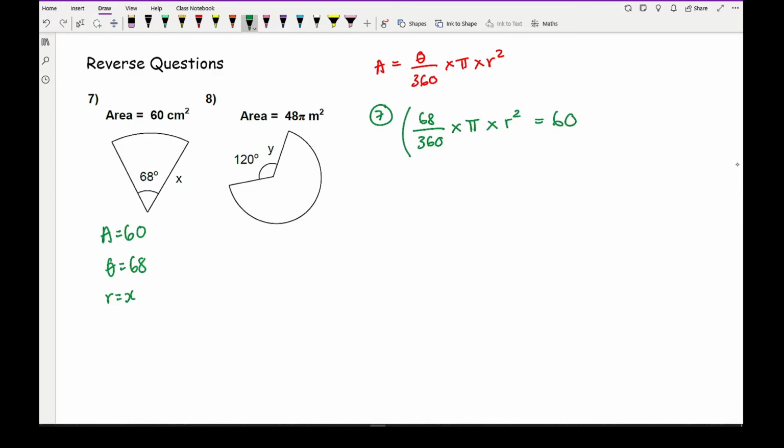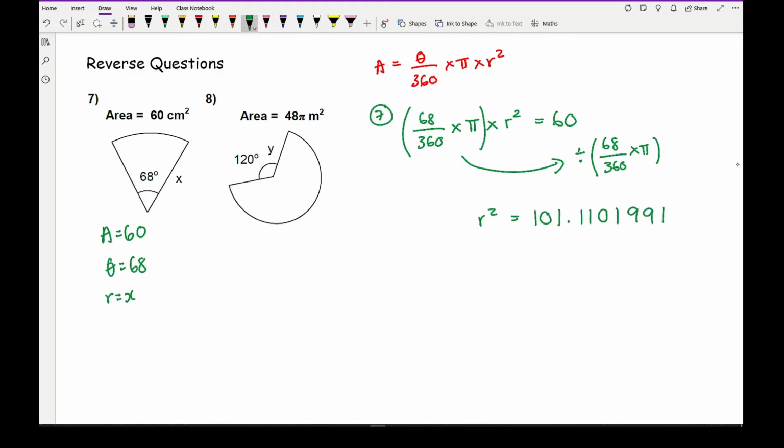The opposite of multiplying by 68 over 360 times pi is to divide by that. So if I type that into my calculator, 68 over 360 pi equals, and then 60 divided by the answer gives me r squared as being